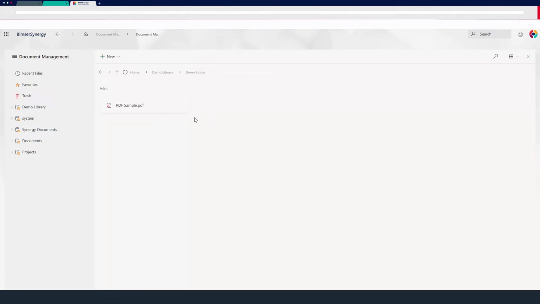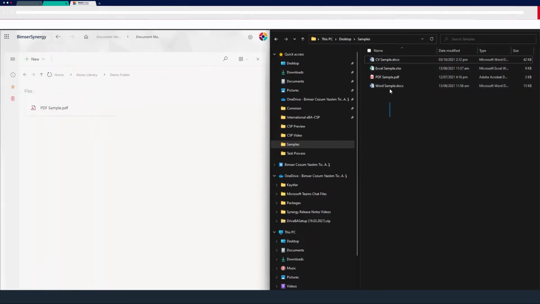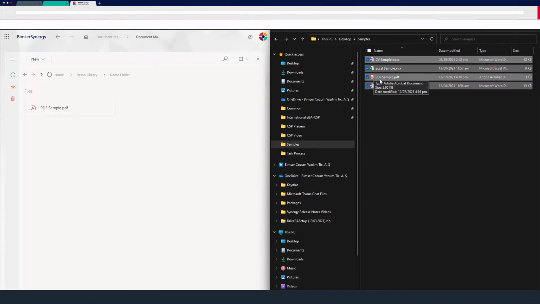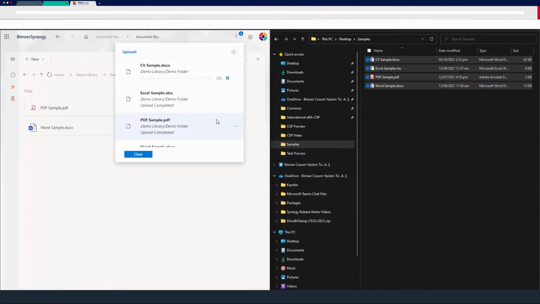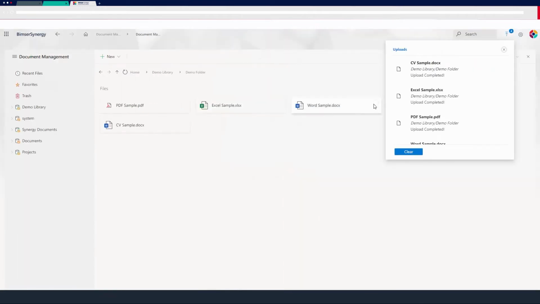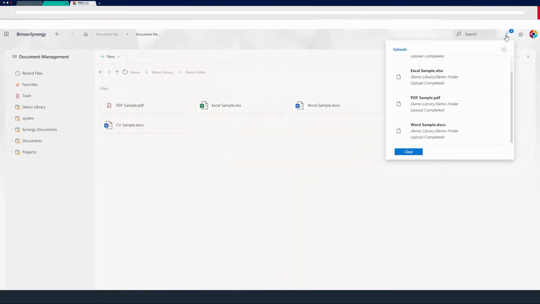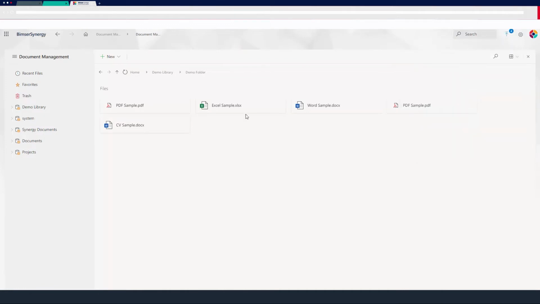When someone uploads something to the system, we have two different ways to do it. I will explain the drag and drop uploading system first. When we want to upload something to the system, we can use drag and drop. As you can see, when I upload something to the system, it happens in the background. That means when you're uploading something, you can continue to use the system.